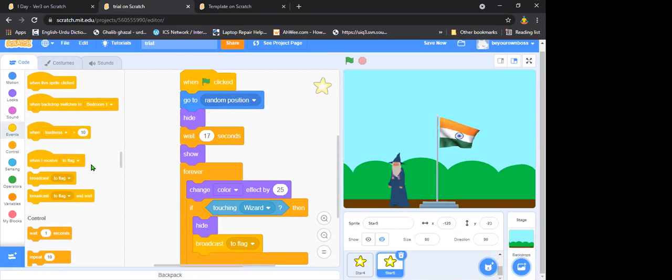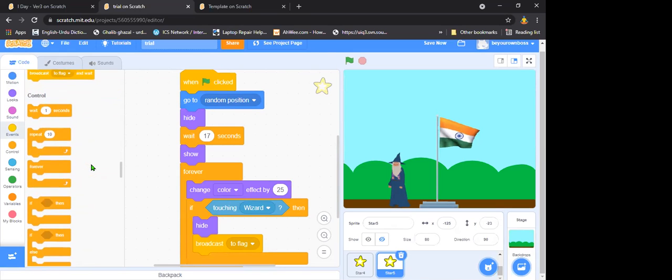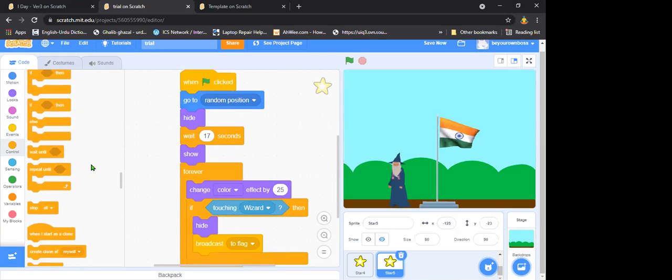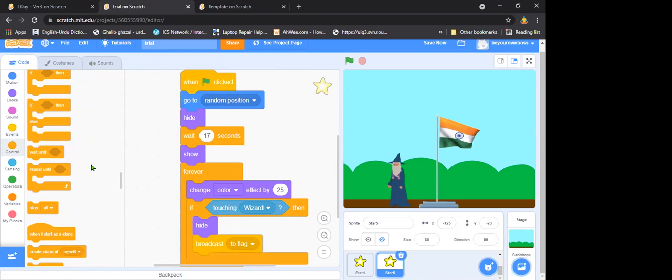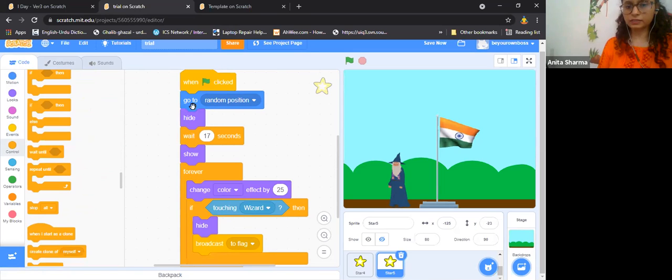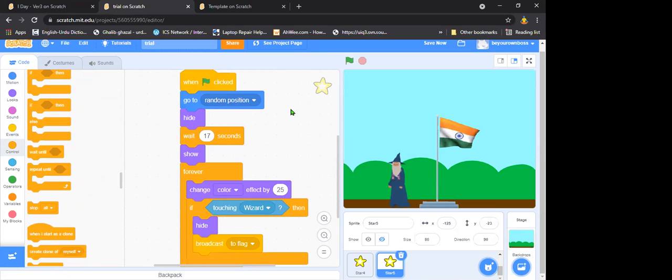Ma'am, when I got that flag, the stars are not going away. I put the blocks, but they're not going away. Okay, have you used go to random position? Yes, ma'am. Going away means it is not hiding.